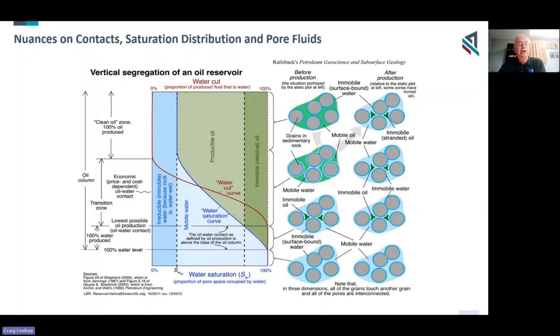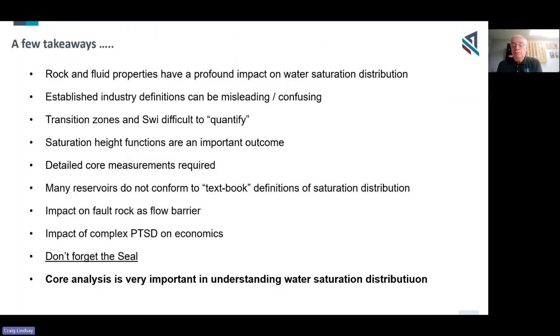Take some time to study it, and it's all very relevant to what I've been talking about. So we're coming to the end now, probably taking a few more minutes than I should have, but we can see that the rock properties are very profoundly important. Some of the definitions in the industry have been around a long time, but it'll be quite confusing, but the concepts are very simple. You just need to look at the curve and understand what the different parts are